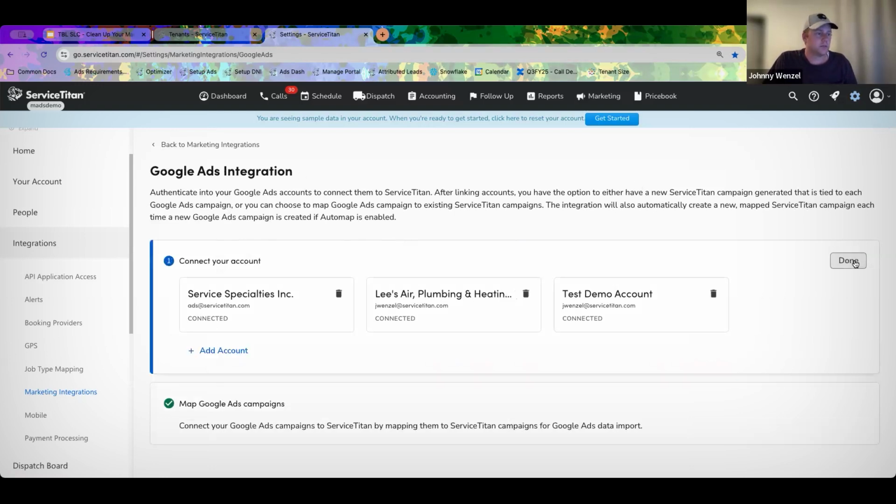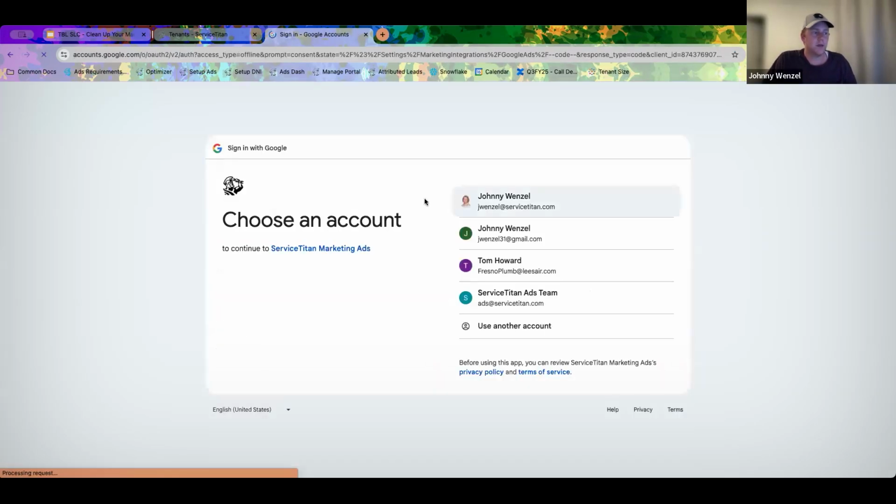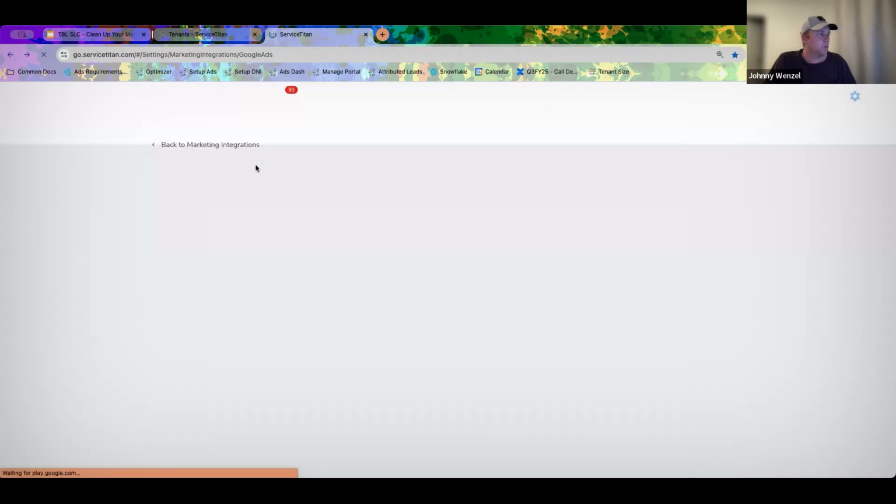All you'll do is go add account, log in through Google, and you'll be able to connect it. The one problem will come if you don't have access to your Google Ad account, then you won't be able to do this. If it's an agency, they'll be able to connect it for you, or maybe they can give you access. You really should have access to your own account. You should try and get that access. So you'll go through the flow and connect the Google Ad account. Once you do that,